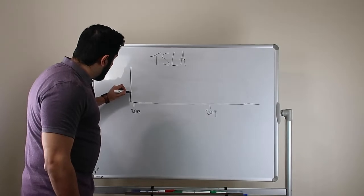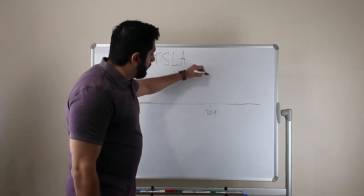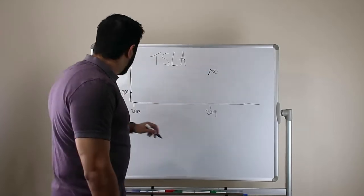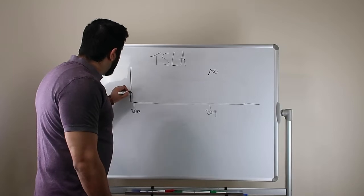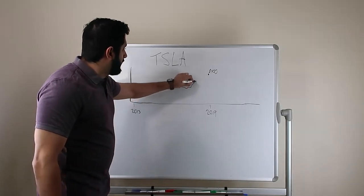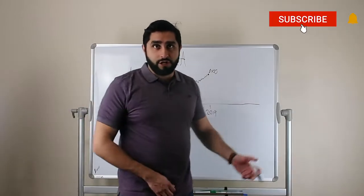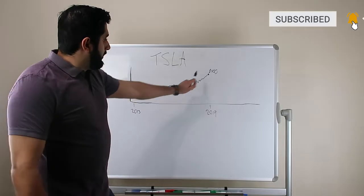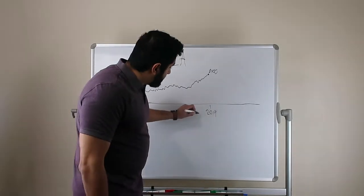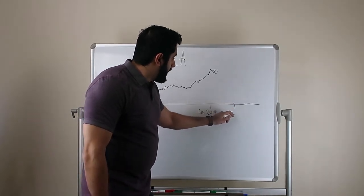I think it triggered off somewhere here at the $200 range, and in 2019 it got up to $400 or something. And at this point, when my friends would talk about it, I would think it kind of was steady, maybe some market dips, but if you look at the overall pattern, just a nice small traditional progression upwards. Made its way up. Now, for some reason, what happened in December 2019, and then let's make this January 20,